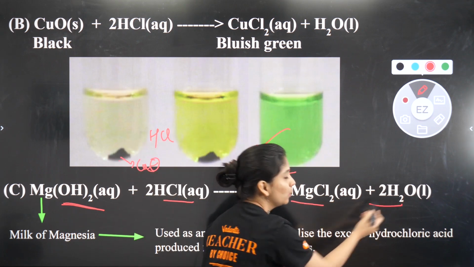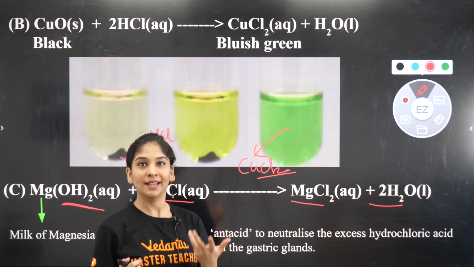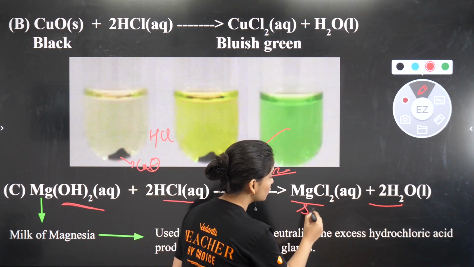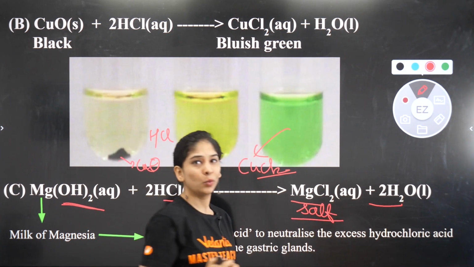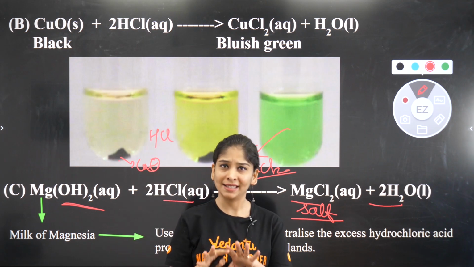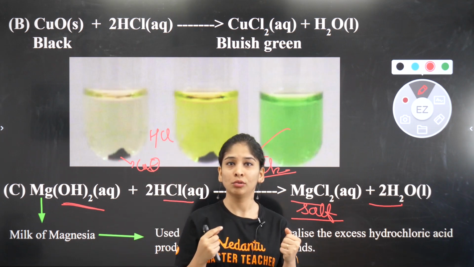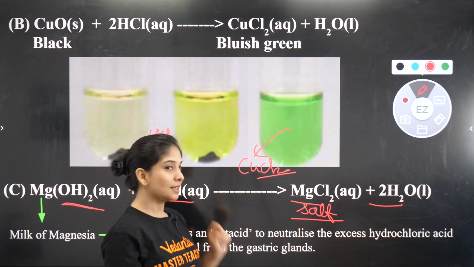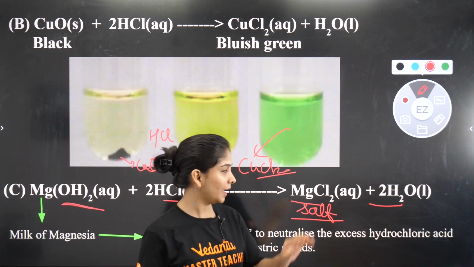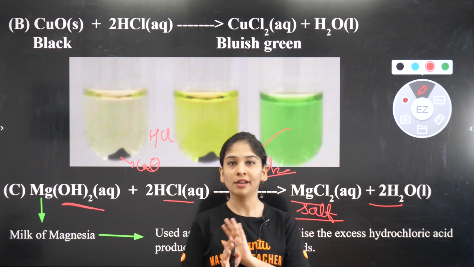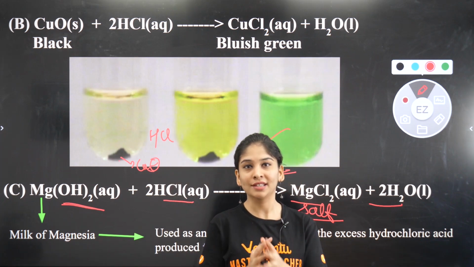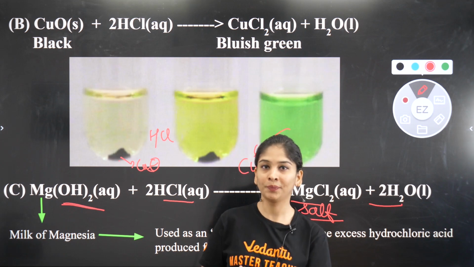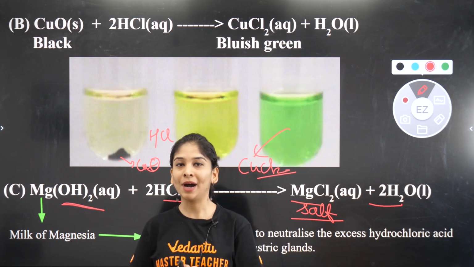Magnesium chloride and water. So in our stomach, what is basically being formed then? Salt and water. These salts will have a pleasant experience only, so that is not going to make us hurt anymore. So as soon as we take it, it reacts with the excess acid in the stomach, will make salt and water, and from the pain, from that irritation, we can feel relief now. Yes. One more part is done.